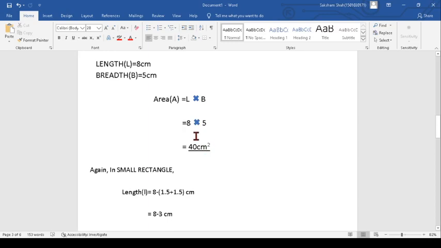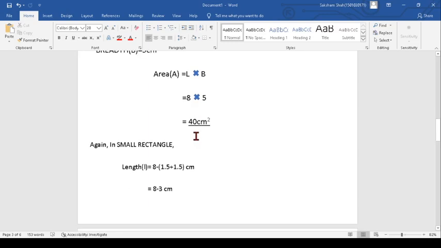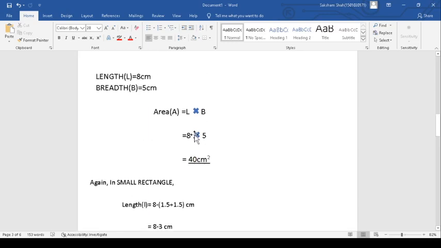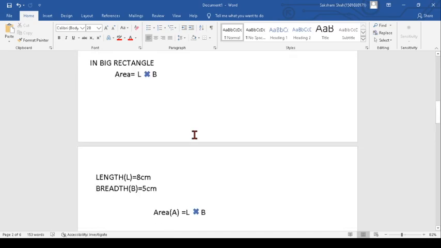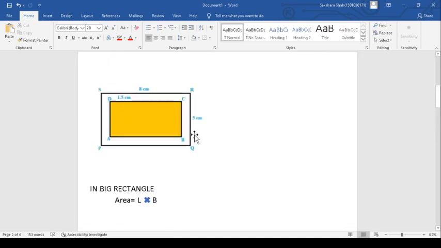square. So again, in the small rectangle, was the figure clear? The margin is the main thing in this figure, and you have to understand that 1.5 cm is along all its sides, meaning in 4 parts there is 1.5 cm. That's why